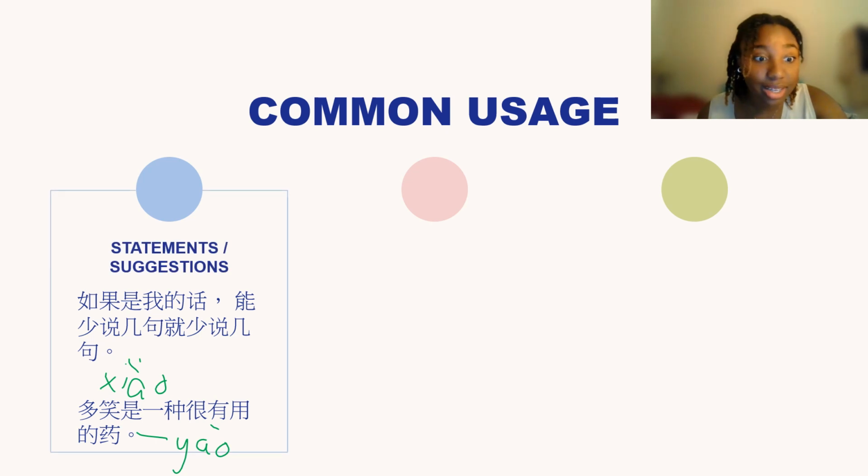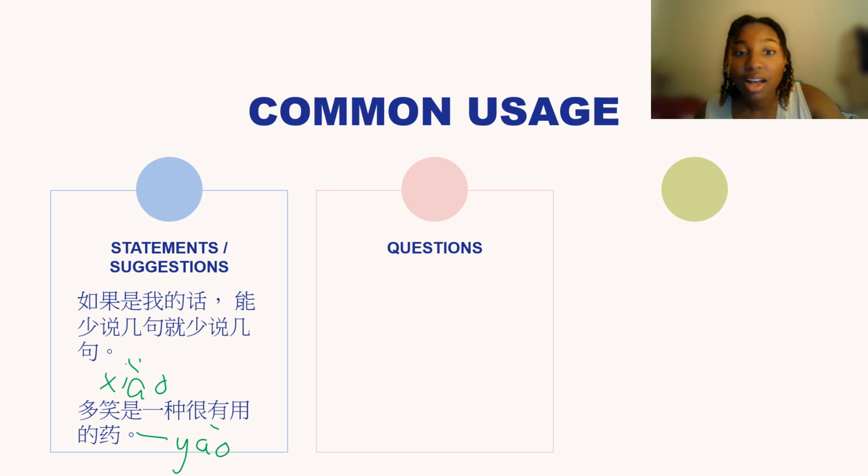So yes, this is a statement and suggestion. So the suggestions are given in a sort of sense of like, I'm not saying you should, but that's just a fact of life. If you laugh more, that is an effective kind of medicine, you know. If it were me in the situation, I'd say a little less. So you could be very indirect there. And indirect statements are in some ways a good way to go about using your Chinese in real situations.